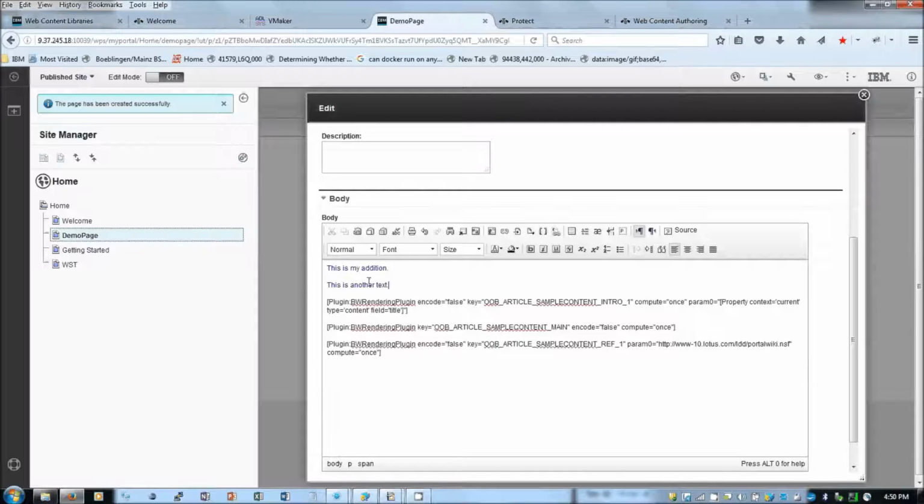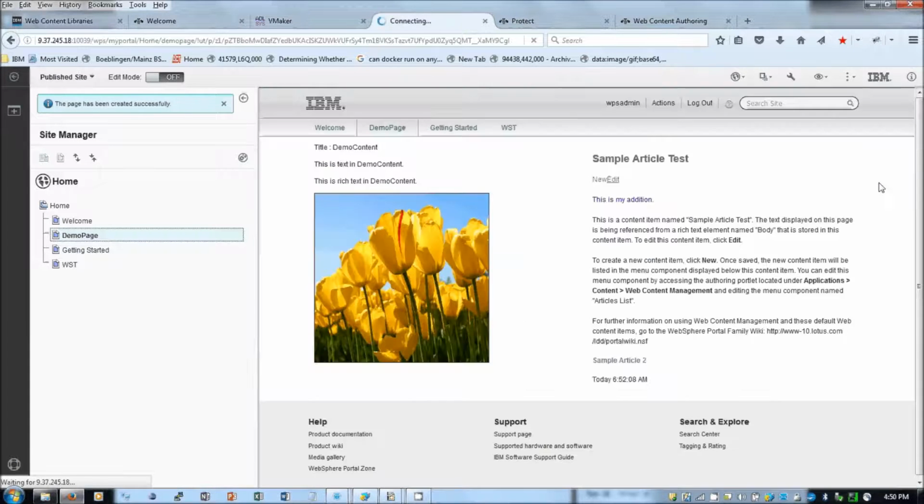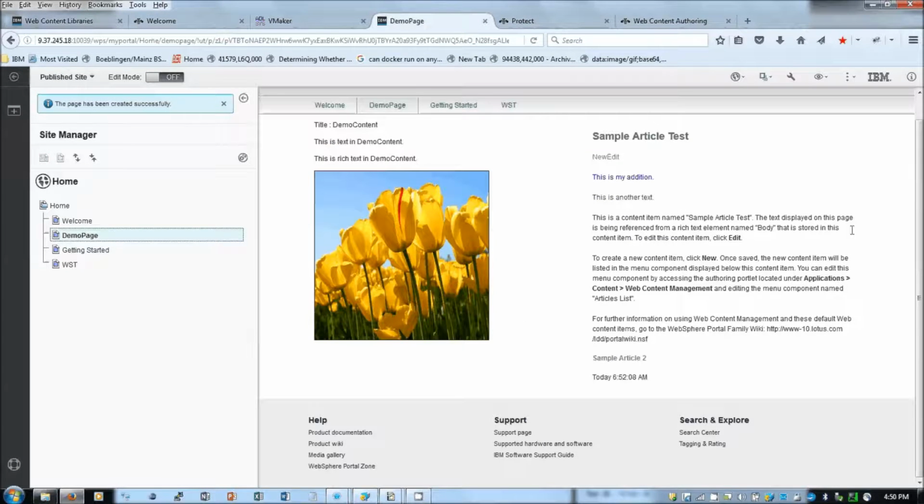This is called an authoring tool. And this way of editing is called inline editing. So you can see that whatever text I have added is automatically appearing here.